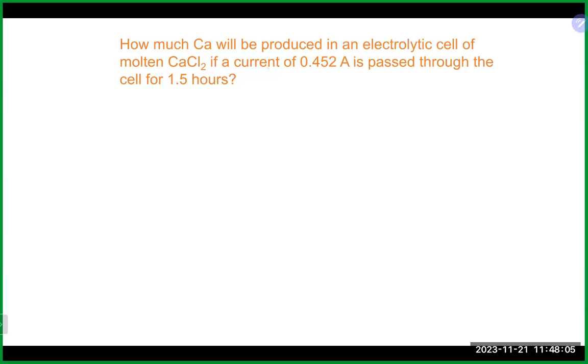So once again, we want to think about what's really happening here. We're going to go from calcium chloride to calcium pretty much metal and some chlorine gas in this case, right? So when we think about what is our anode, what is our cathode, what is happening, once again here, our calcium is going from +2 to 0. Our chlorine is going from -1 to 0 in this case. So here we do see that it is the calcium that is actually again being reduced, which means our calcium would be our